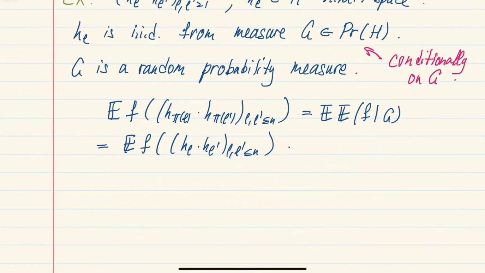Now, of course, you can also combine two examples. You can take this gram-definite array from the second example and add some exchangeable sequence to the diagonal. Right? The sum of two non-negative definite will also be non-negative definite. And in fact, they don't even have to be independent. They can be correlated. And so the main result of this section says that actually this covers all possible gram-definite arrays. So this theorem that we are going to prove, the Dovbysh-Sudakov representation,